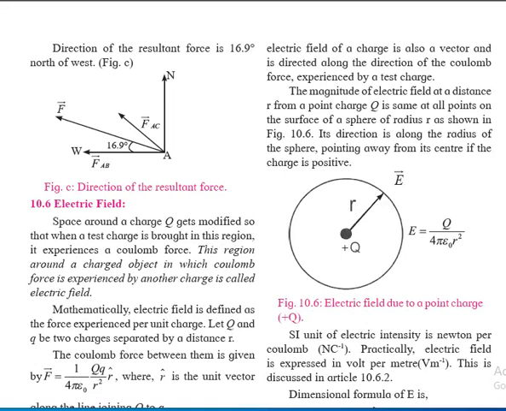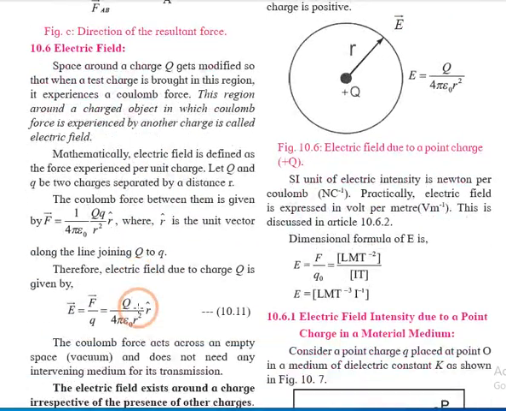as F is equal to 1 upon 4 pi epsilon naught capital Q into small q divided by r square. Now if we require it in vector form, it becomes F is equal to 1 upon 4 pi epsilon naught capital Q into small q divided by r square into r cap, where we consider r cap as a unit vector. Now according to the mathematical definition of electric field, it is given by